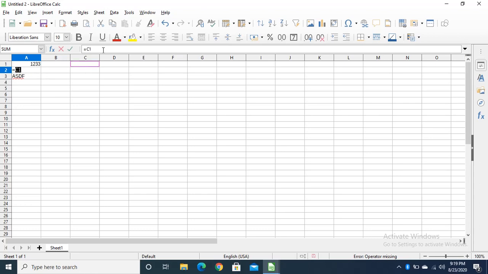It is showing an error. Suppose I want to put a formula here, =E1+E2. This is a formula, right? So when we press enter, it will definitely solve the formula, and it is showing 0 because there is no value in E1 and E2, right?